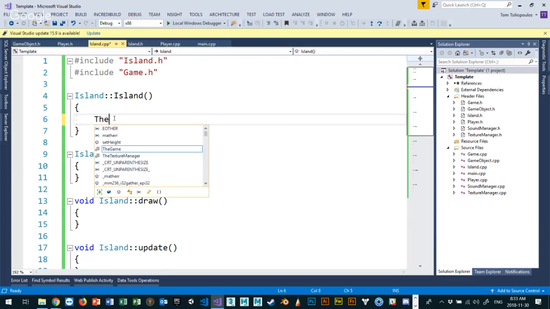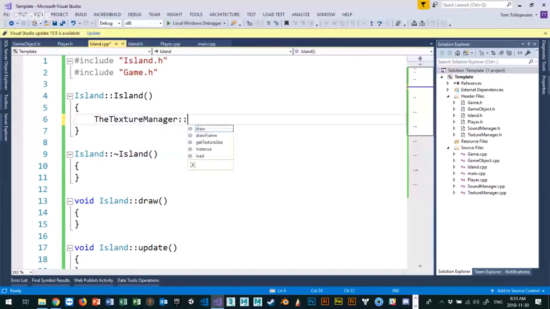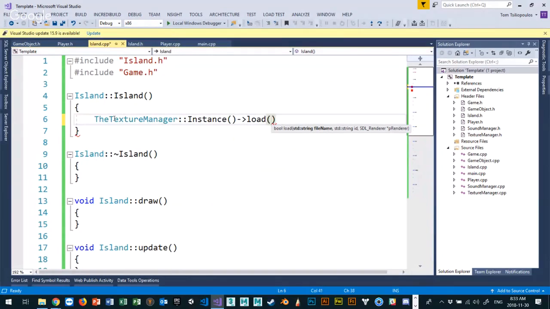So I'll say the texture manager instance load, and I want to load the file name, which is going to be assets textures, and then the name of the texture, which is